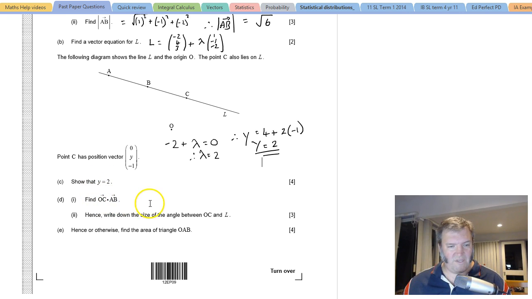Find OC dot AB. Alright, well OC is okay. OC is the vector 0, 2, -1. AB, we already have. I'm just going to remind myself of it though. AB is 1, -1, -2. Therefore, OC dot AB